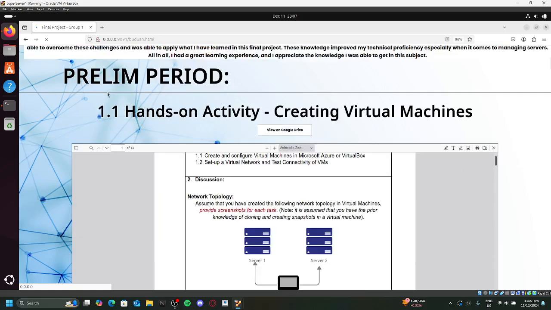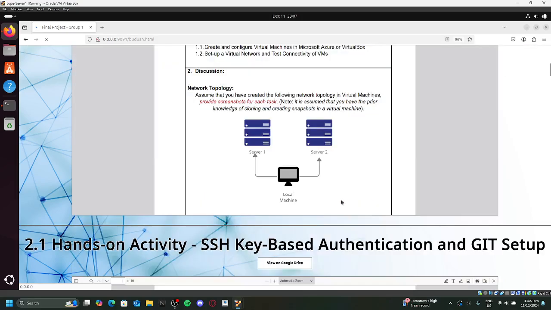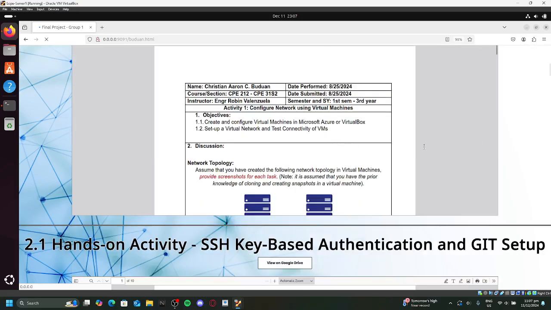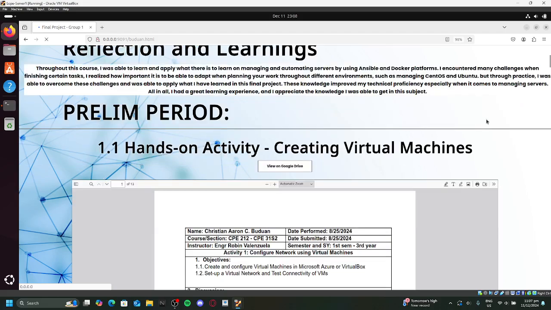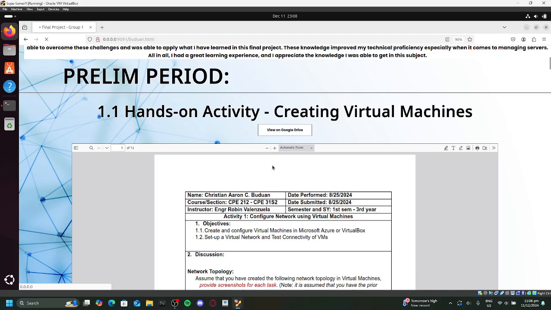Here for the prelim period, 1.1 hands-on activity creating virtual machines. You can see here that we can view the PDF file. And also, if you click this button, we are going to be redirected to the Google Drive of this PDF.